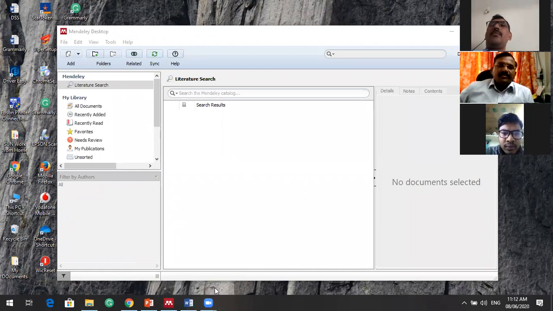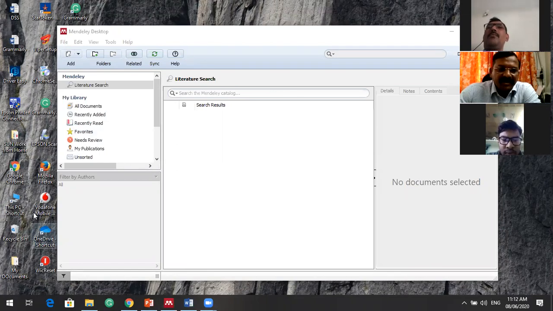Then suppose how Mendeley actually works. When you are writing your paper or working on some particular research group, you are downloading the contents or references and storing them in your library. You can store them in Mendeley also. Suppose you have any reference paper anywhere, you can directly drag and drop it in this window. Like, I will just take some paper.